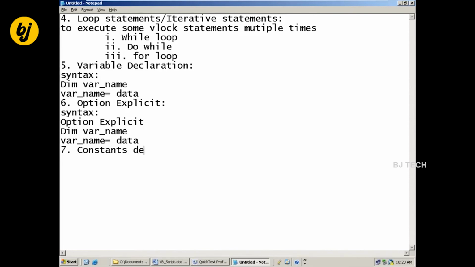Constants declaration. To maintain a fixed value in the script, we can use constants. Syntax: Const constant name equal to data.